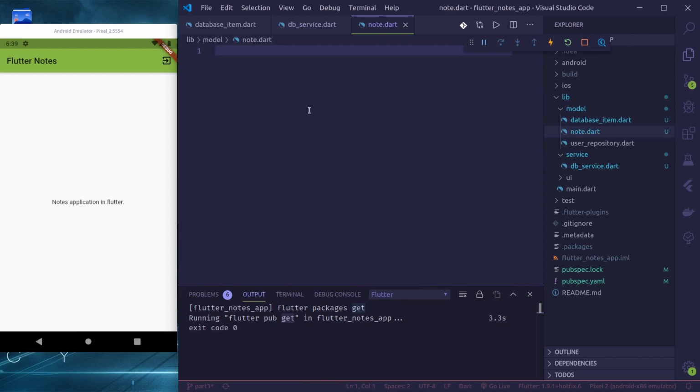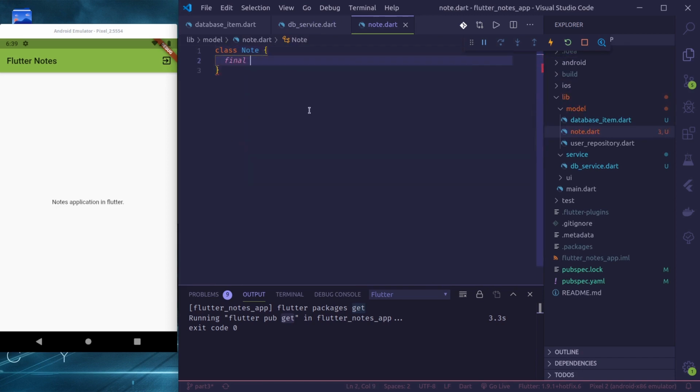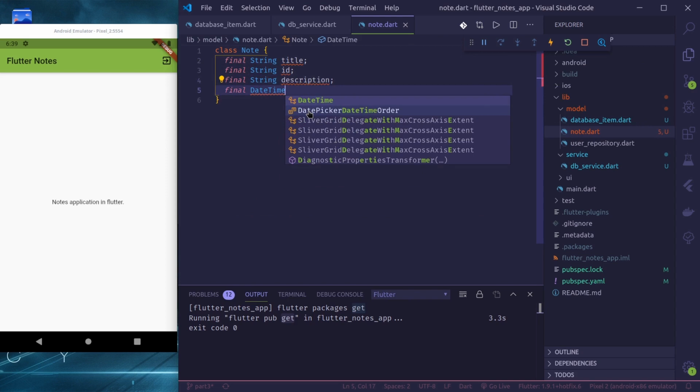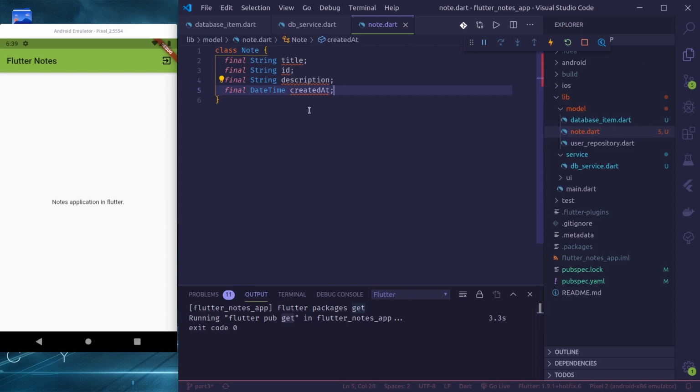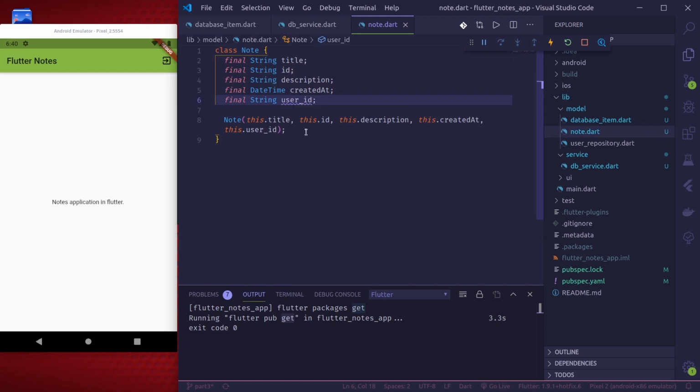Node.dart. In here, let's create class Node, final title, ID, description, date time, created at, user ID. First, let us create a constructor. Okay, and we need to create another factory constructor,